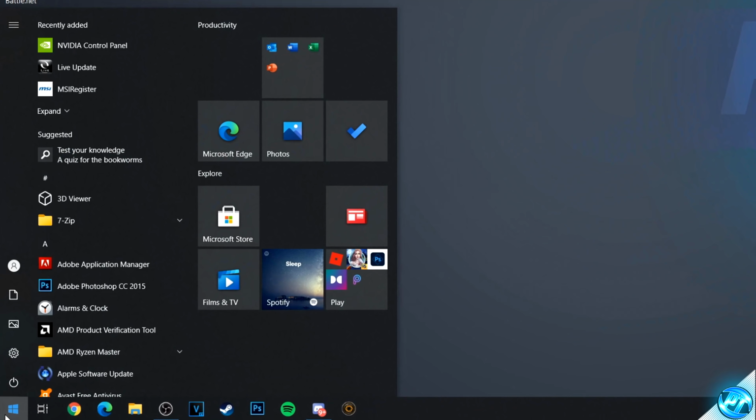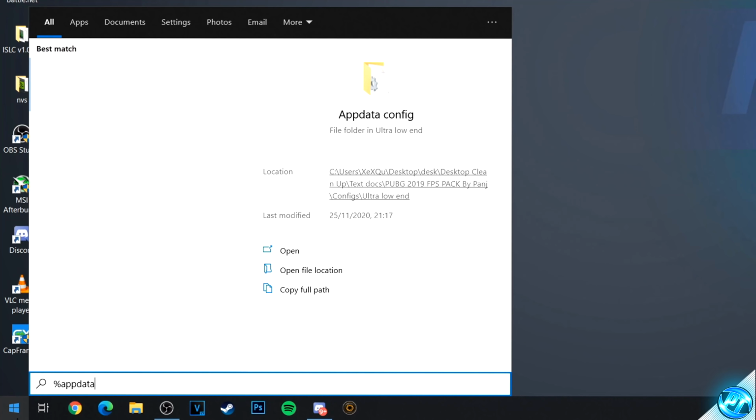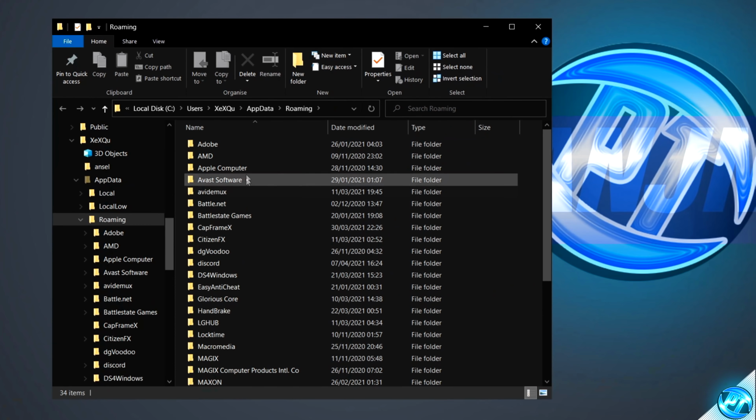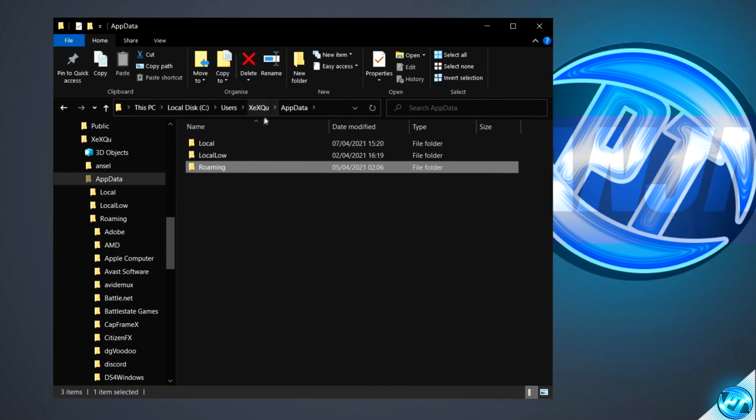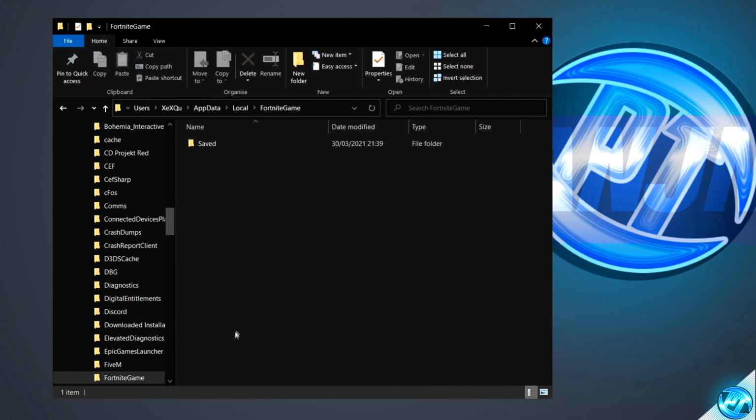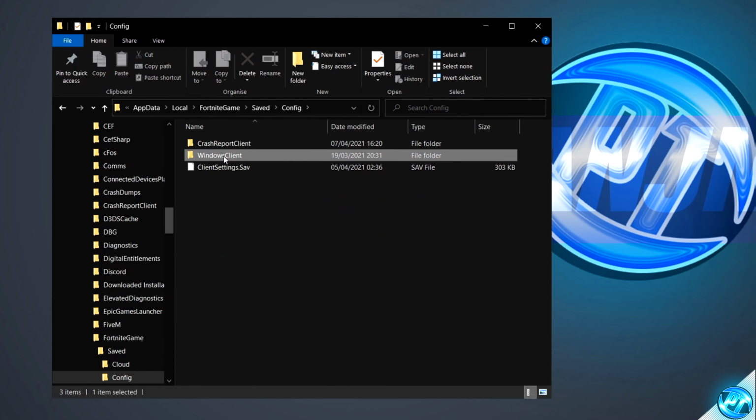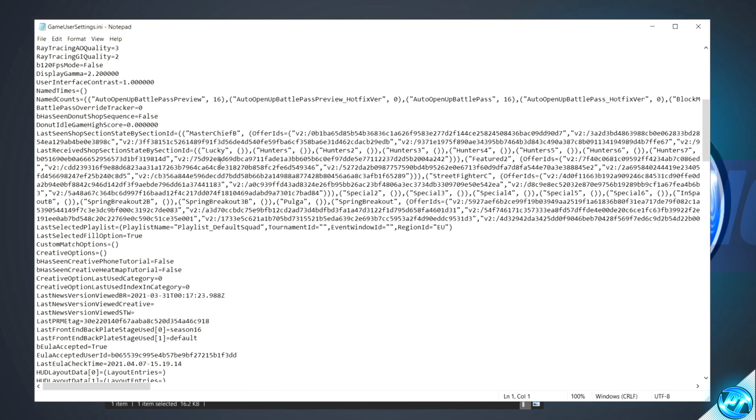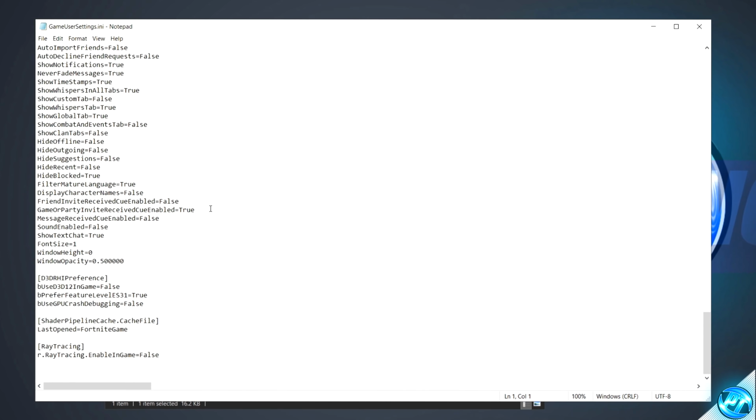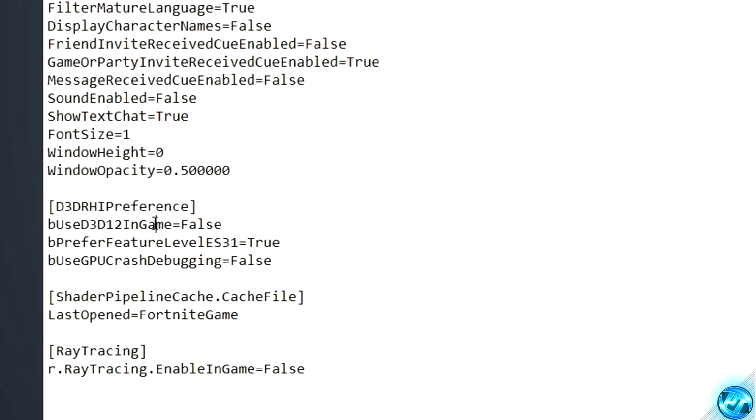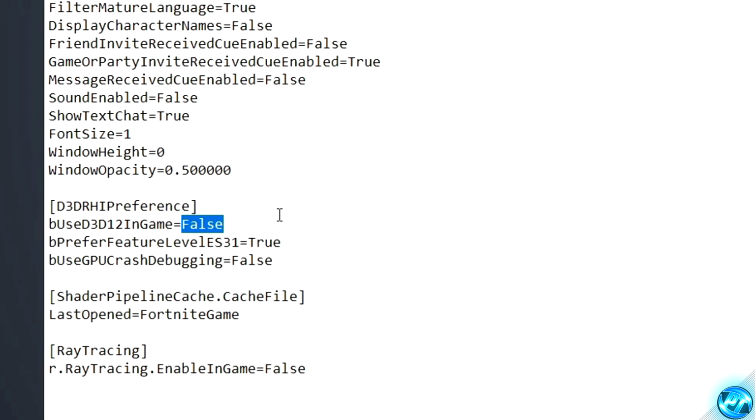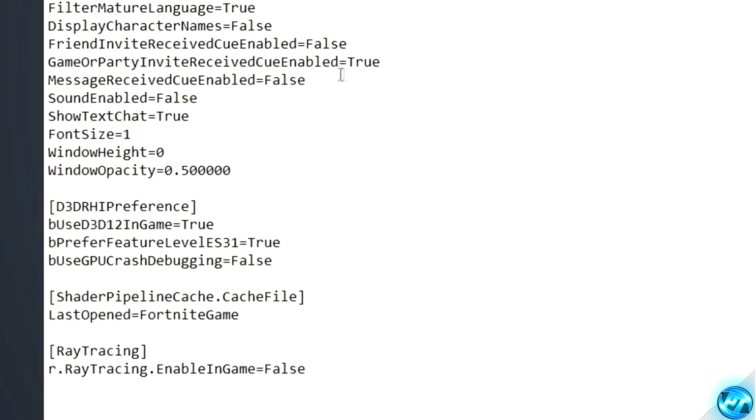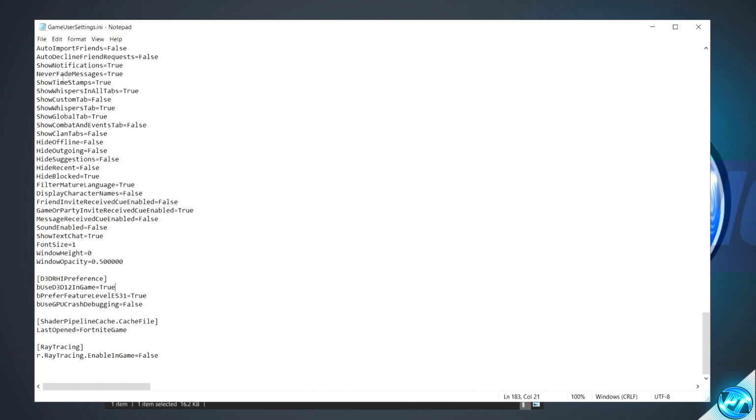Navigate to the bottom left hand side and type in %appdata%, then press enter. Inside of here, navigate into the navigation bar at the top to AppData, click on Local, find FortniteGame, Saved, Config, WindowsClient, then you'll find GameUserSettings.ini. Double click on this. We're then going to proceed to scroll all the way down to the bottom. What you're looking for is bUseD3D12InGame. You want to change this from false to true, go to the top left hand side, select save,